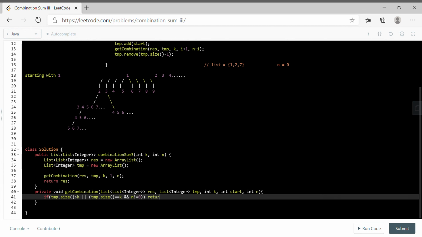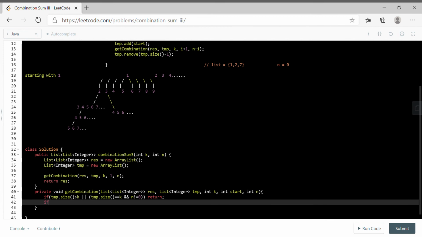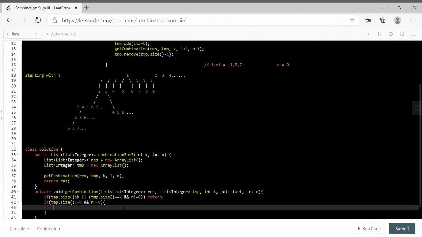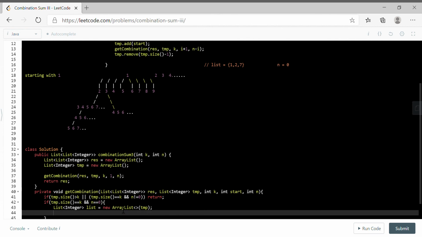In that scenario we will simply return. If temp dot size equal to k and n equal to 0, we need to add, right? So list integer list is equal to new array list, will copy temp value because we have already get it.